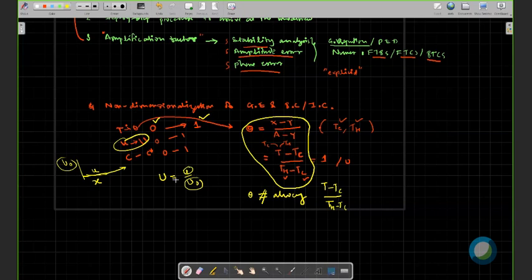Suppose only these parameters are given, then you cannot define it like this. Defining u with respect to v infinity is wrong, because v infinity is not given in the problem. So you have to check these parameters. The point to be remembered is that the parameters you are using should be given within the problem, and they should vary from 0 to 1.